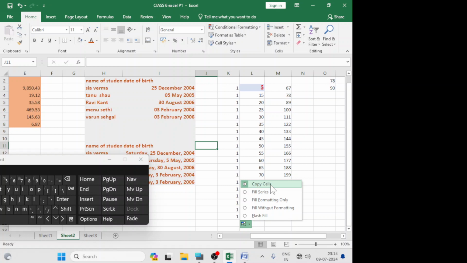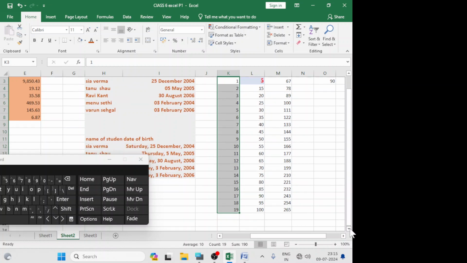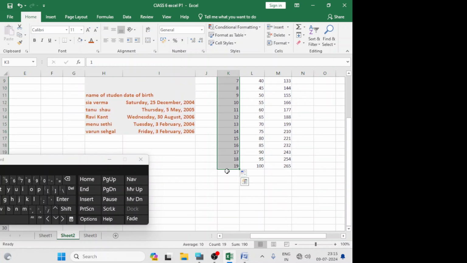Now the second thing, if you want to fill these cells with different numbers, a series, then click on fill series. Now you see that this has changed into a series. All the numbers are increasing by 1, 2, 3, 4, 5, 6, like this up to 19. You can increase it more as per your need.